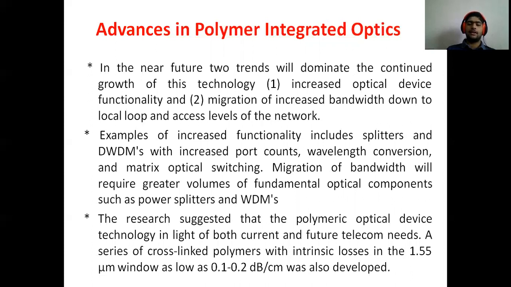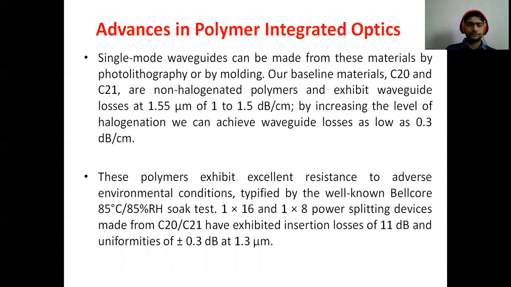The research suggested that for polymeric optical device technology, in light of both current and future telecom needs, a series of cross-linked polymers with intrinsic losses in the 1.55 micrometer window as low as 0.1 to 0.2 decibel per centimeter was also developed. Single mode waveguides can be made from these materials by photolithography or by molding. Our baseline materials C20 and C21 are non-halogenated polymers and exhibit waveguide losses at 1.55 micrometers of 1 to 1.5